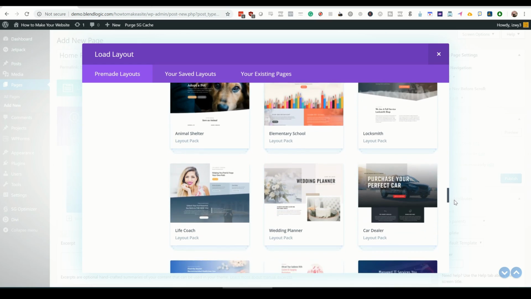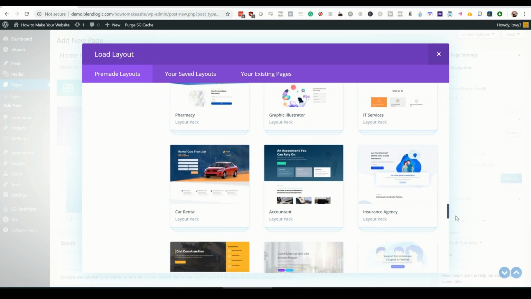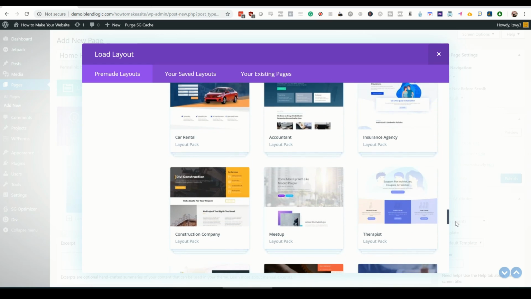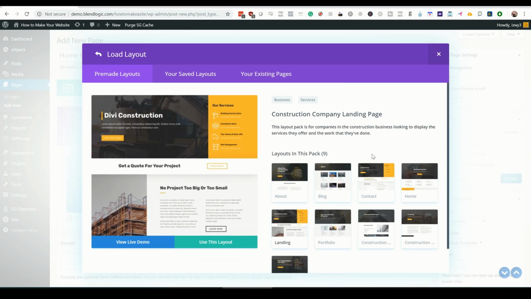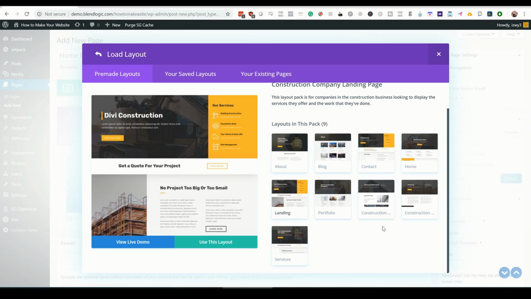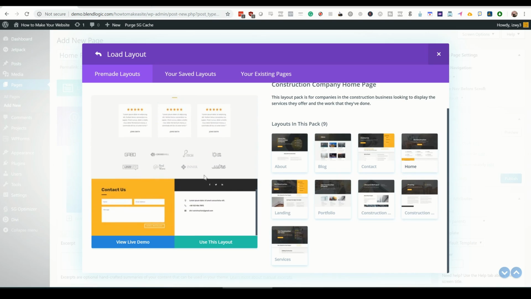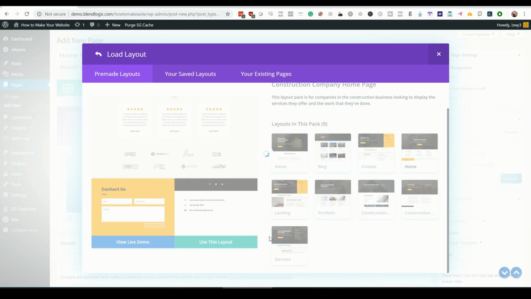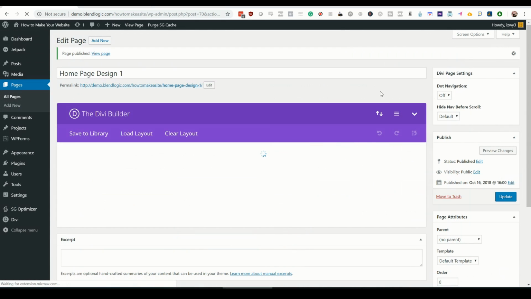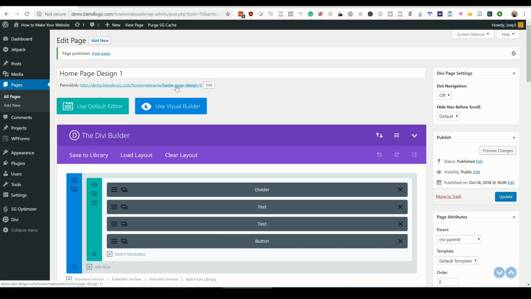And all of these templates are 100% free after you purchase Divi. We like building off of existing templates so that we can tweak them and change them as we like. So we're just going to use this one as an example. It's called a construction page. And when you navigate inside, they even have custom pages you can build out. So we use the home page as the layout.